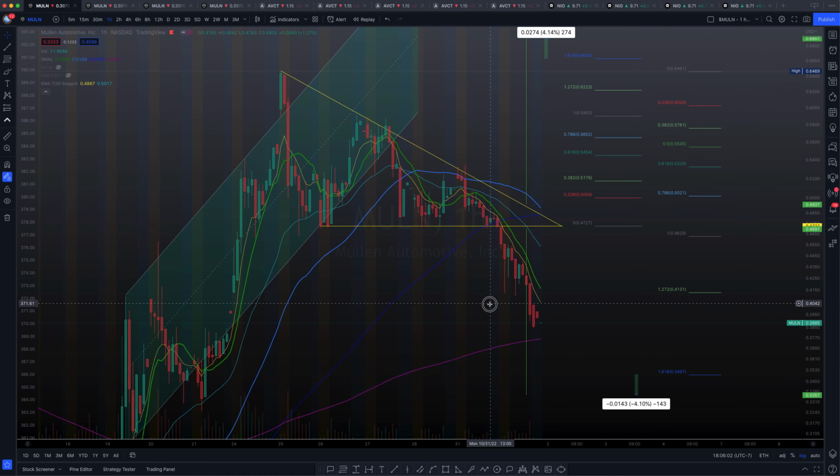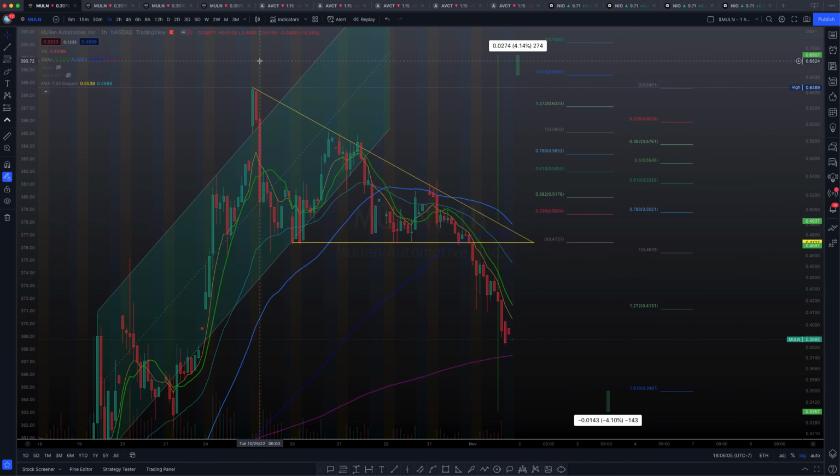Okay, you guys, so this is the symmetrical triangle we were talking about in yesterday's thread. And we did mention that there are two possible outcomes when the structure changes into a symmetrical triangle. This particular triangle has a bearish and a bullish objective. It looks like the bearish objective was in fact the one that took place, and we were also anticipating this